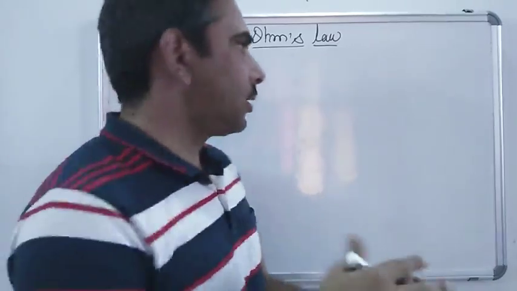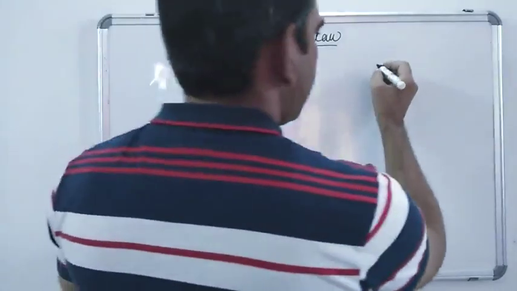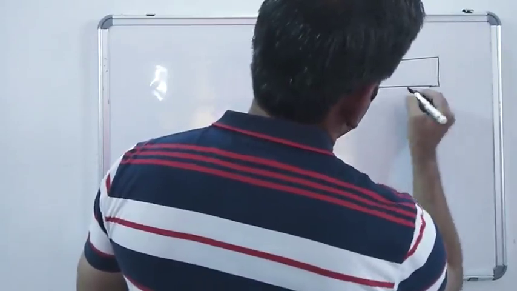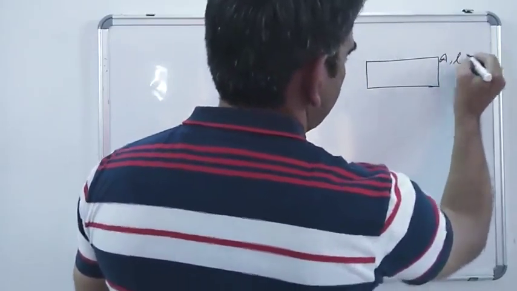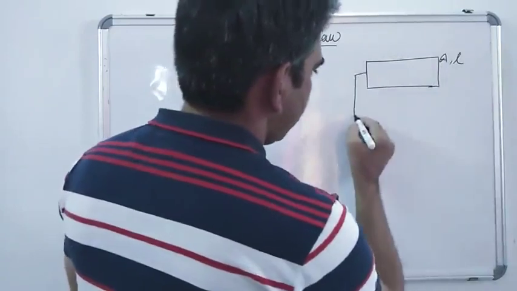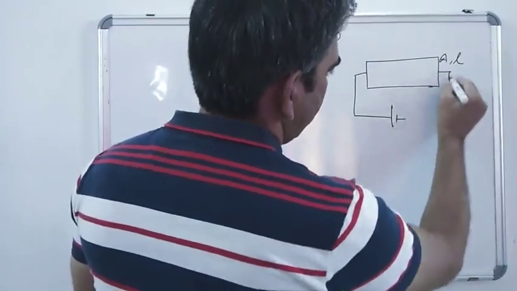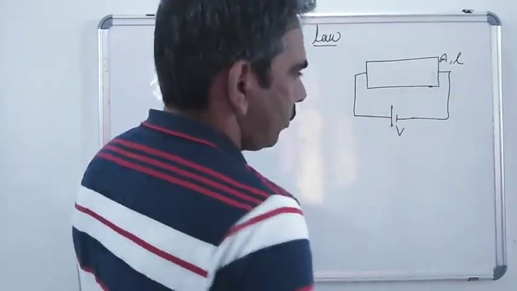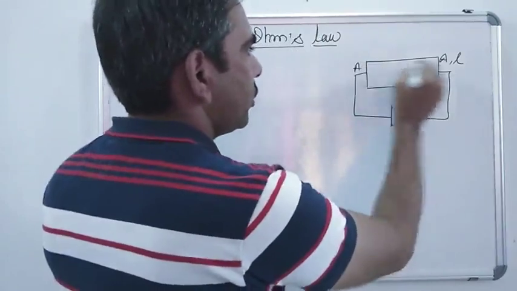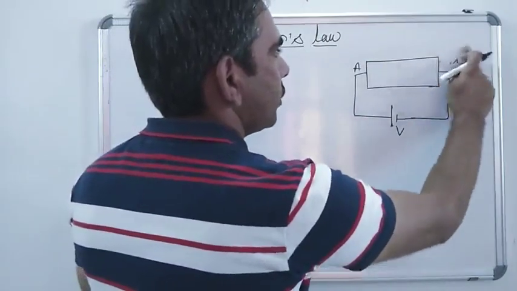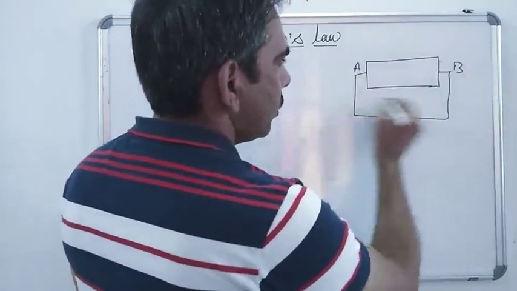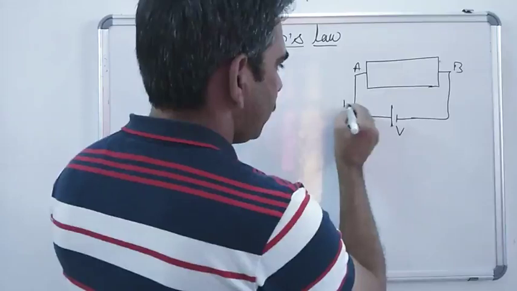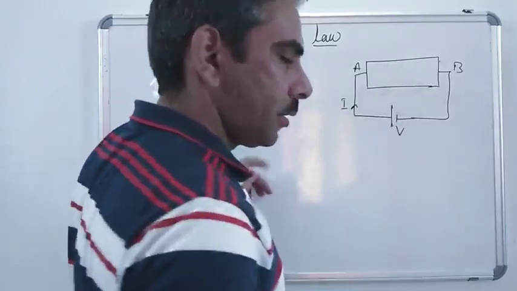It simply states that, for convenience, let me take a conductor of some area of cross section and length L, across which some electric potential is applied with the help of some battery or cell. Right? So we are applying some potential, for example V, across its two ends. This is the potential difference across the two ends of this conductor, and suppose that due to this some current flows through the conductor.